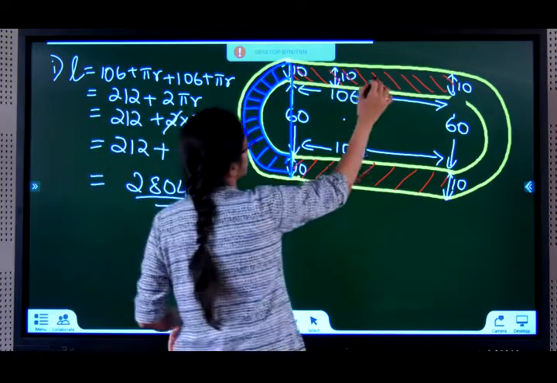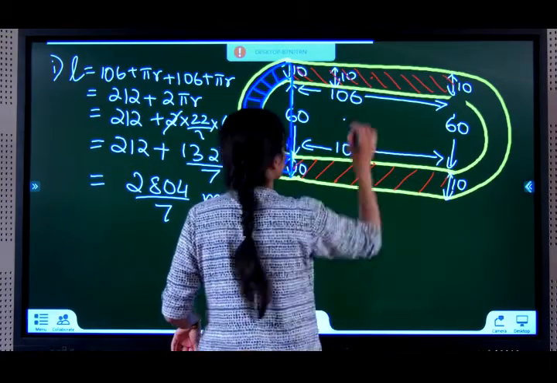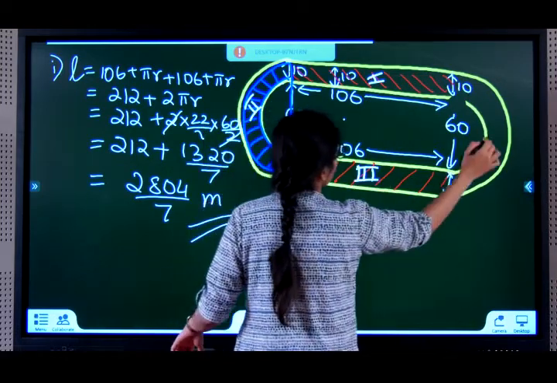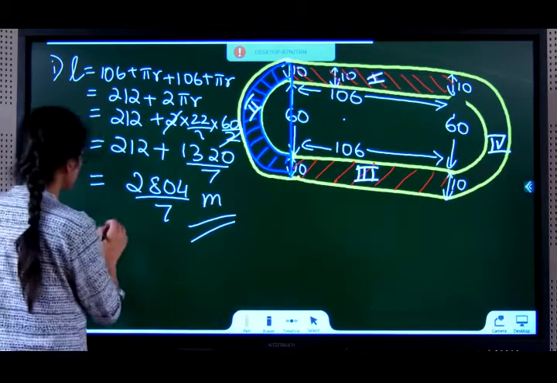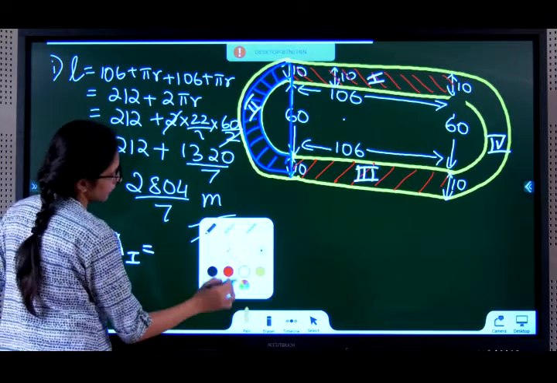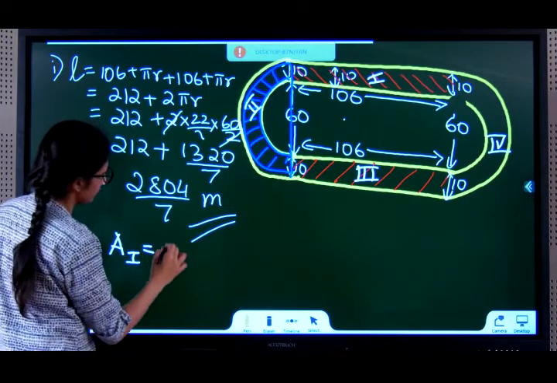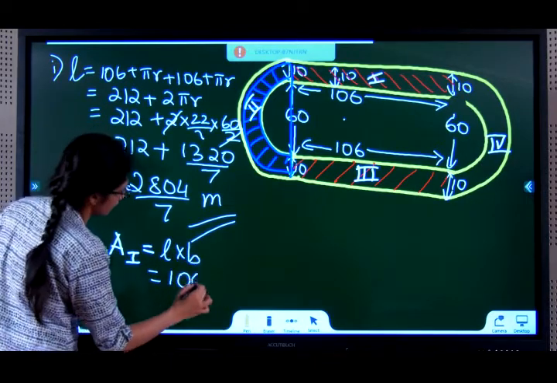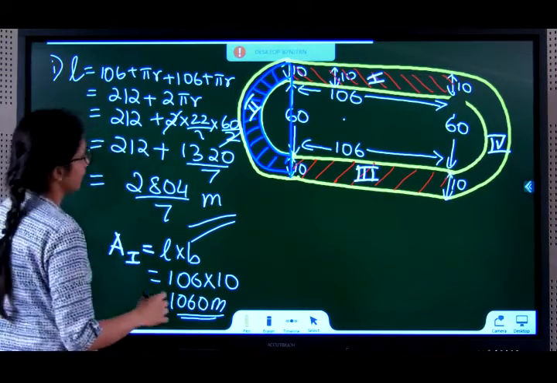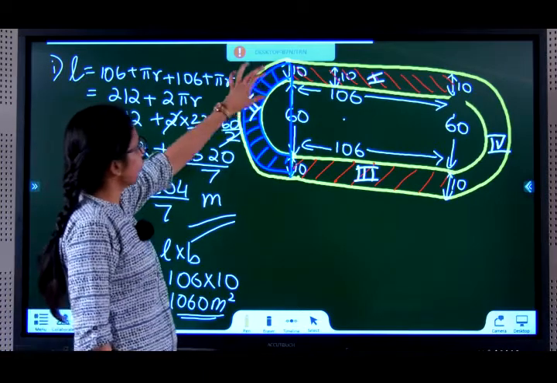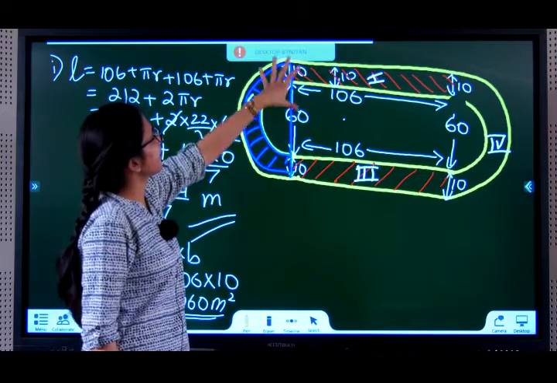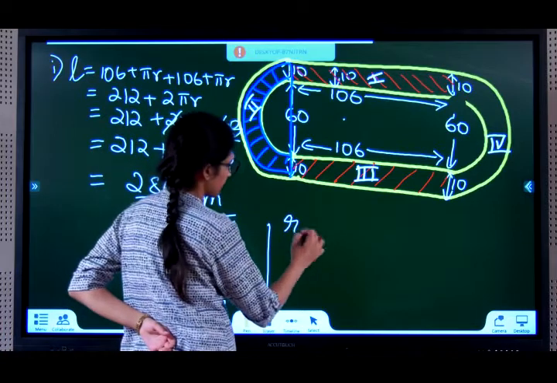Let's just call this as section 1, 2, 3 and 4. Fine. So area of section 1 is equal to length into breadth. What's the length? 106. What's the breadth? 10. 1060 meter square because it's area. Next, going in for the semicircle, I first need the radius of the small circle and then the radius of the big circle. So I'll use this as radius of inner circle,